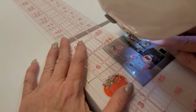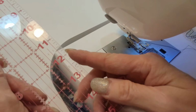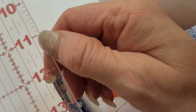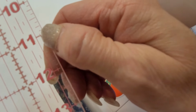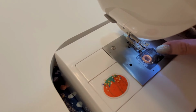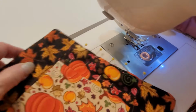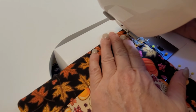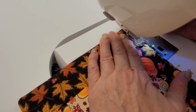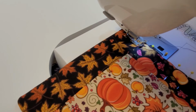Now I did the same thing after I put my walking foot on. I did the same thing with the edge, and I just made sure that it was inside the 1/4 inch so that it was closer to that 1/8 inch mark. It isn't quite up to it because it would be very hard to keep this walking foot on there, I think, anyway. All right, so I have a black thread in my top, and I have orange for my bobbin thread, and I'm going to take that